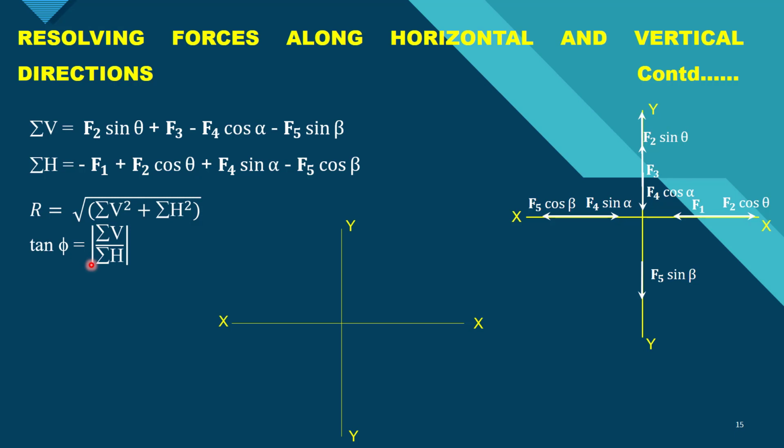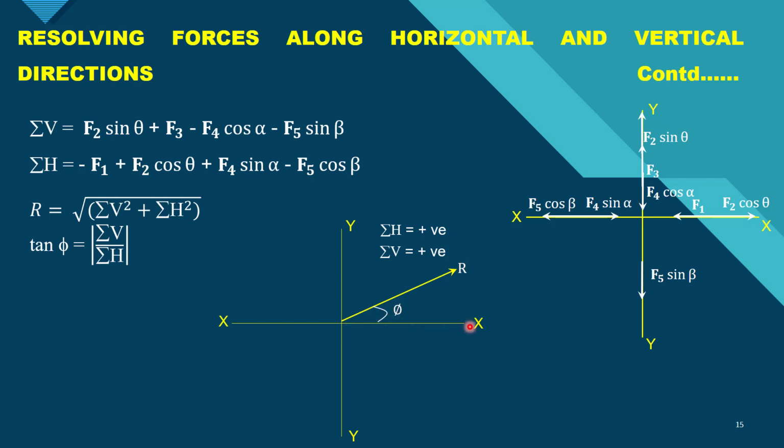Now I need to find out where the resultant force will lie, whether it is in the first quadrant, second quadrant, third quadrant or fourth quadrant. So how will you locate that? For that you need to consider the sign of sigma V and sigma H. Now if sigma V and sigma H both are positive, that is, horizontal is positive and vertical is also positive, then the resultant will be lying in the first quadrant and the resultant R will make an angle of phi with